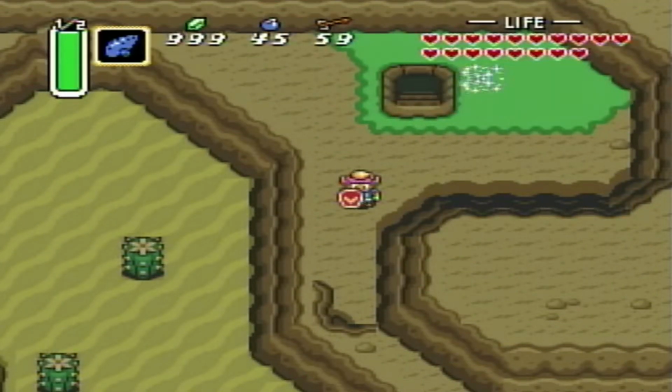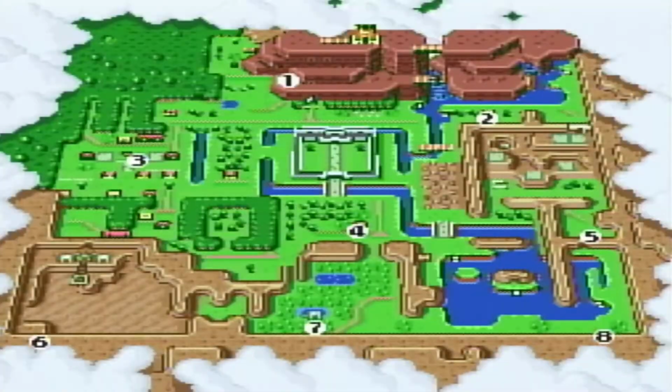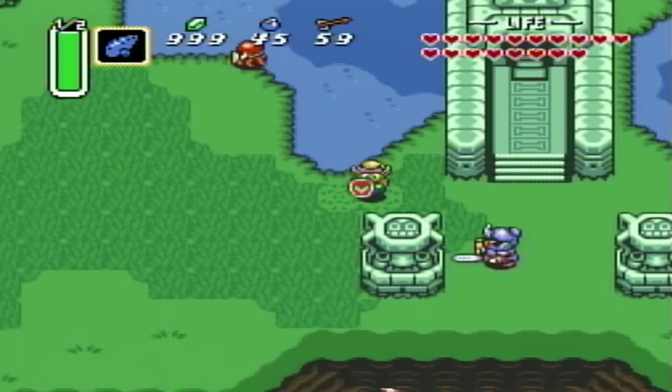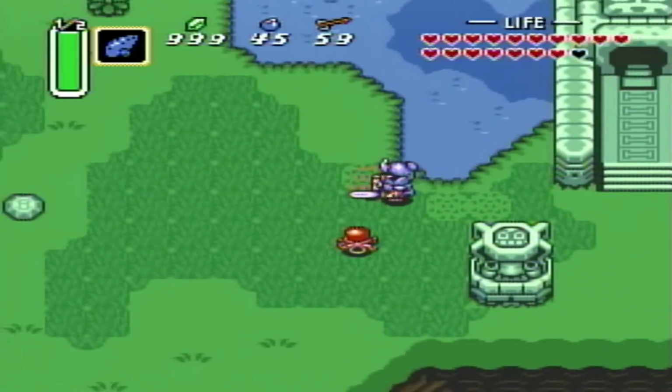We can't really go back to Misery Mire because there's no way to exit it, so we're actually going to have to leave. I don't really need to use that flute, but I'm going to. Trying to think the fastest way. Once again, unfortunately, it's my habit. I go to the swamp, and this is kind of the central point I go to